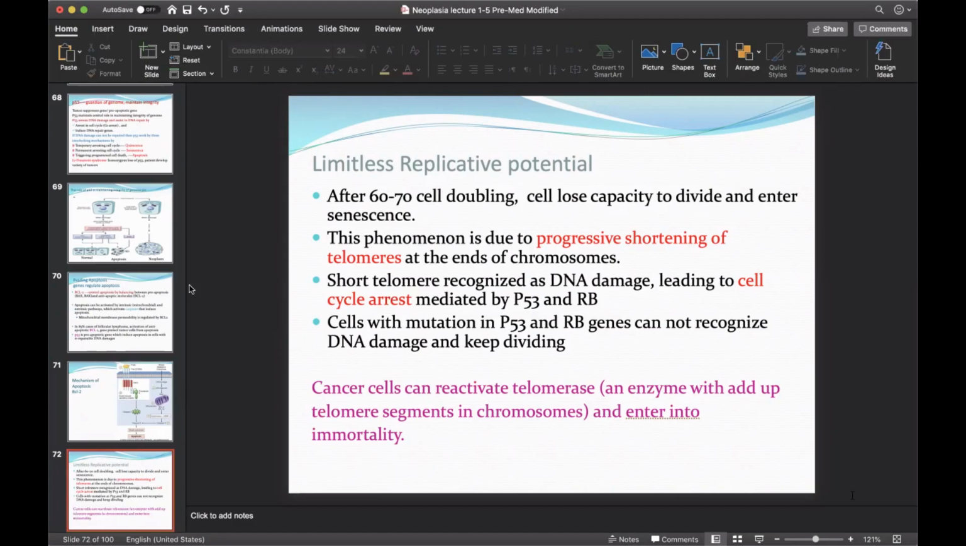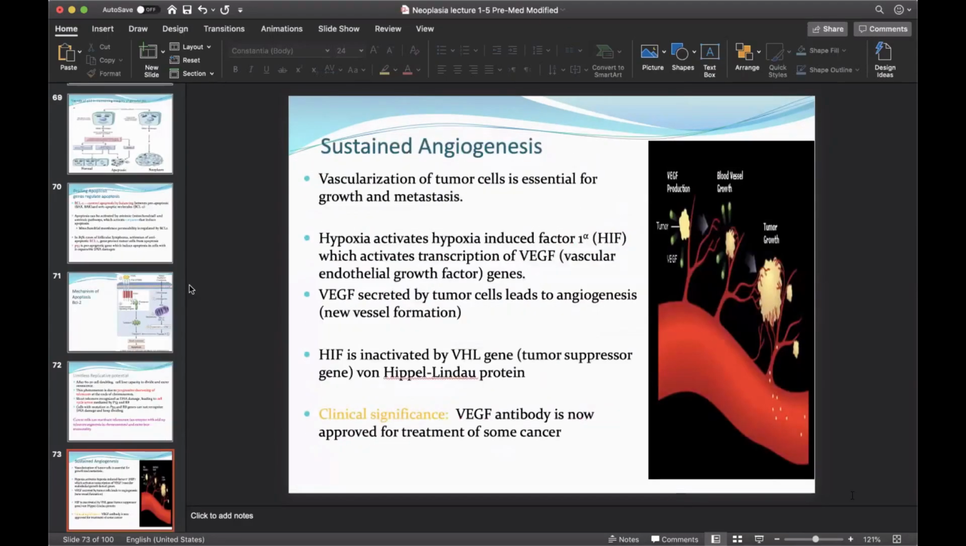What happens is, as cells progressively divide, the telomere becomes shorter and shorter. However, some cancer cells have an enzyme called telomerase. So with each division, the telomere length will stay long, and so the cell is able to keep on dividing again and again. Sustained angiogenesis: of course, tumor cells cannot grow or get to a significant size